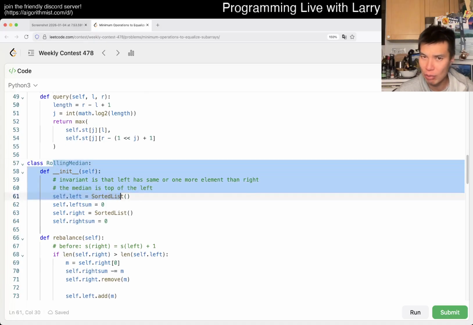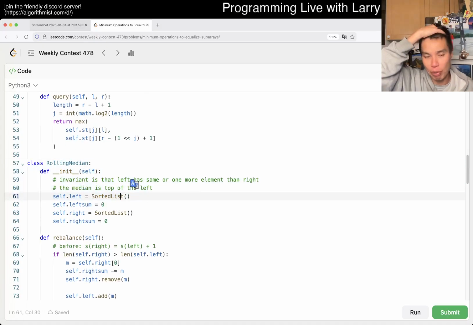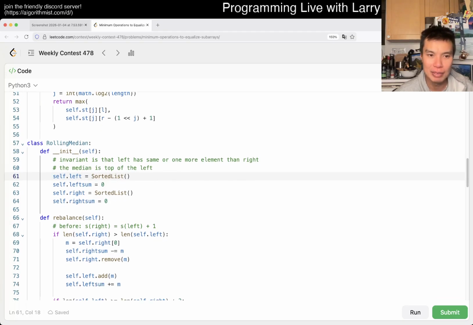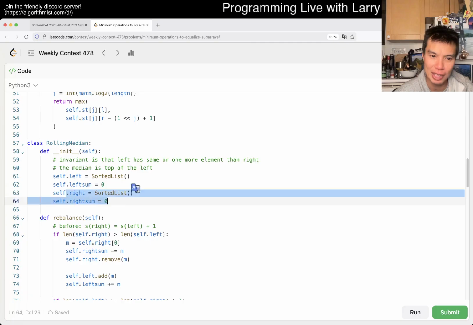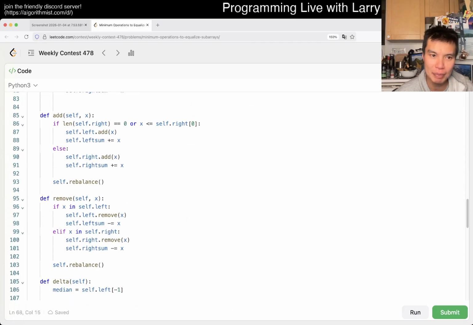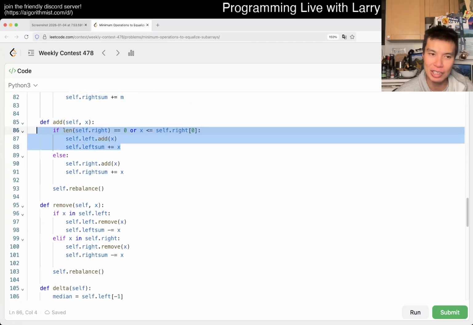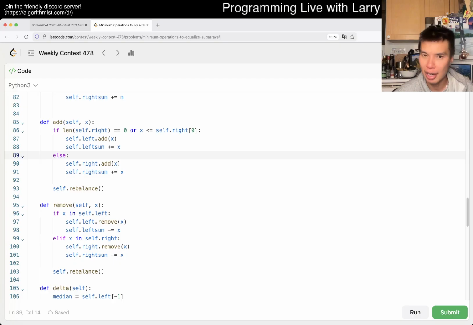All this is code I wrote during the contest, so you can watch it during the live portion in case you're wondering. And yes, I did put comments on my code so that I can make sure I get it right. But this is the variant that I keep track of. We have the left side and the left sum, right side and the right sum. Rebalance we'll talk about later, but we want to either add to the left side or the right side, right? Doesn't really matter as long as the